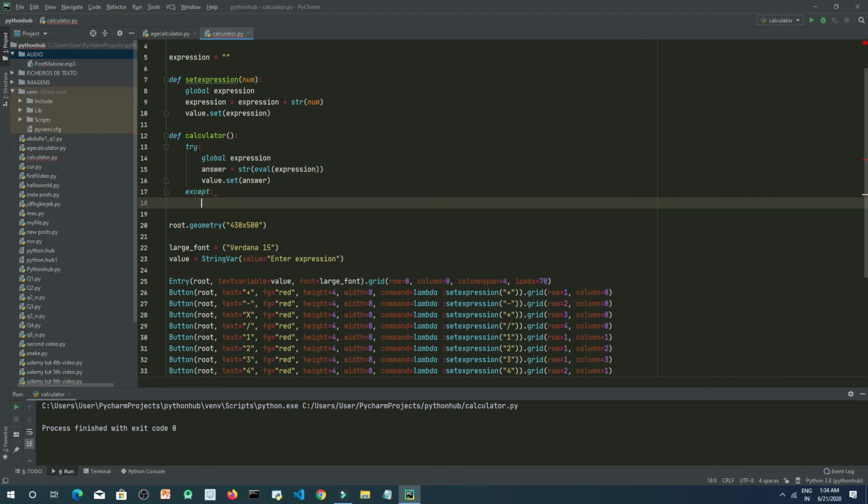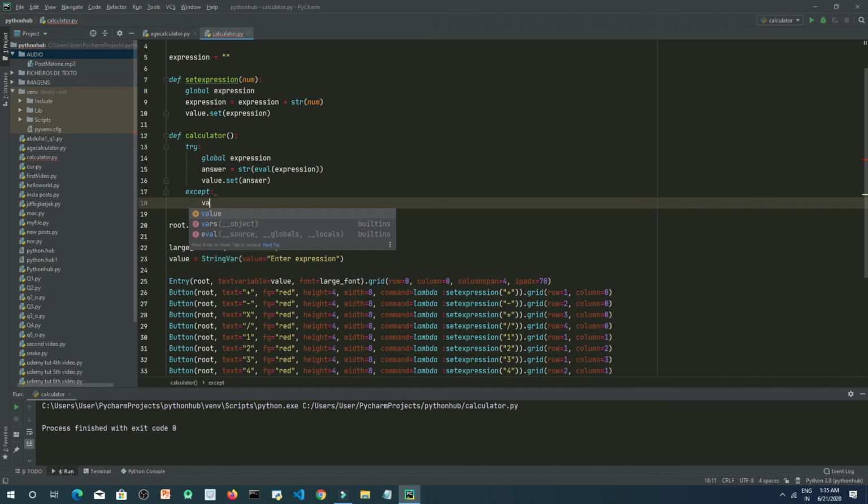Okay, so what you want to set inside the entry widget, if there is any error, is to show that you have typed wrong. So we will set the value of the entry widget to be "enter correct expression".